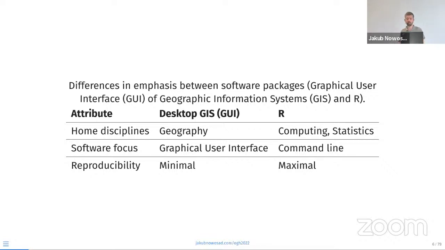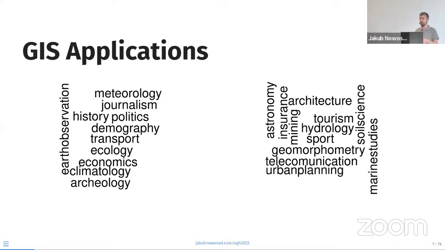We are trying to move from repeating ourselves and minimal reproducibility to potentially maximal reproducibility, however we will define that. And then we can use those tools, we can use those skills in many different fields. So for me, that's very attractive. I am definitely not a specialist in any of those fields. I try to be a generalist,